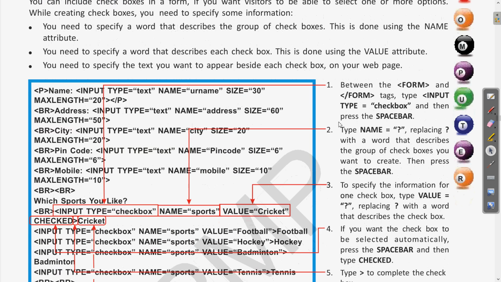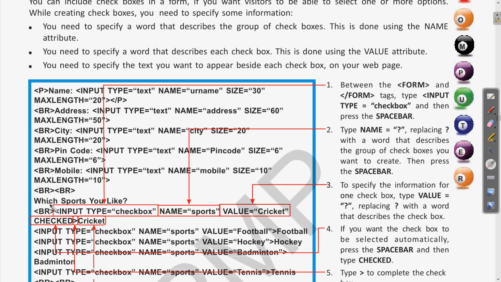Here you can see in this example that a name is specified for these different checkboxes. The type here is checkbox, meaning the input control method is the checkbox, and you can see the name in all of these is sports.